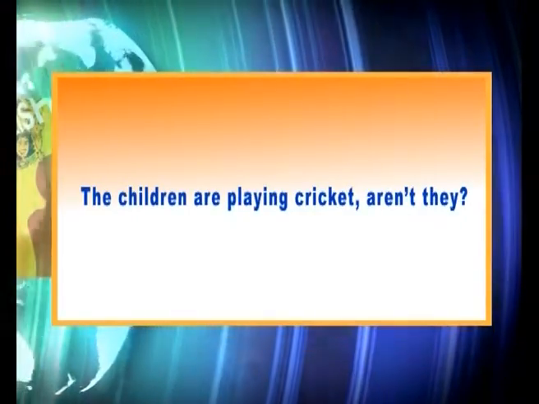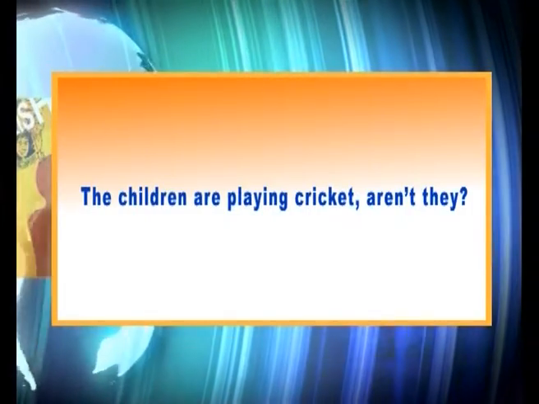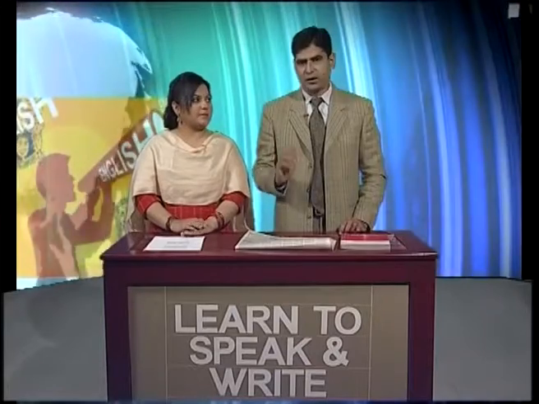For example, the children are playing cricket, aren't they? So are playing, are is a form of be that is being repeated in the tag. Yes, that is aren't they. And the second sentence is the woman is